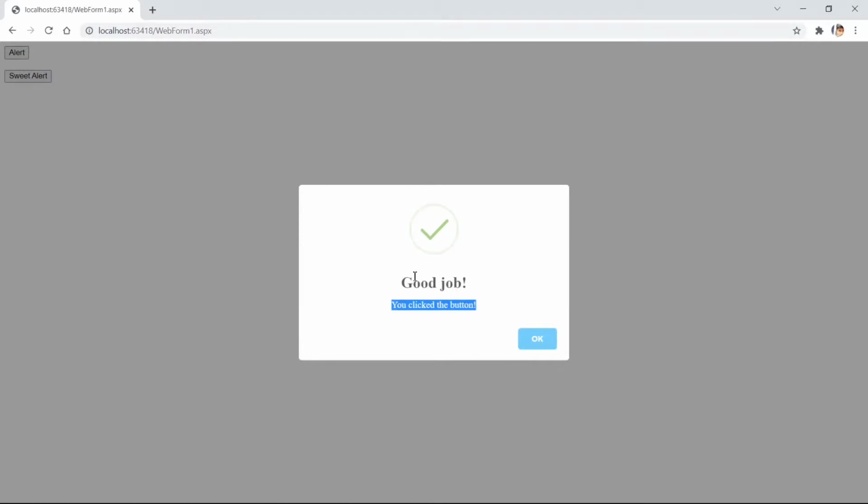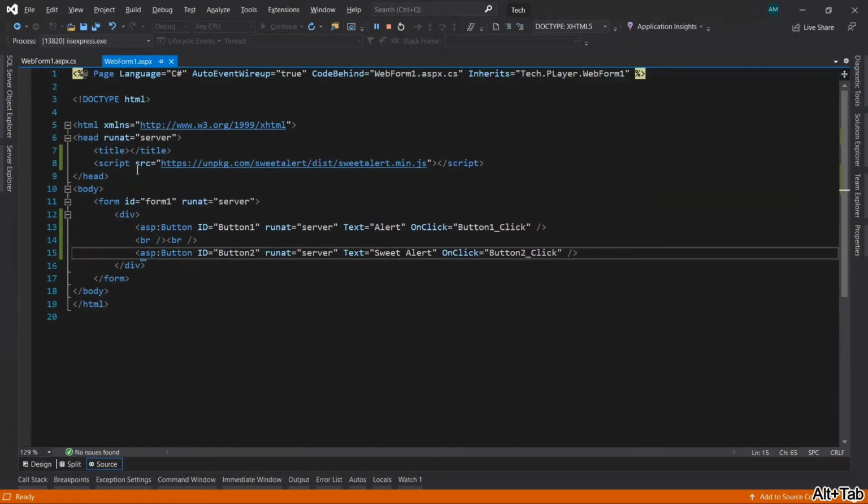Okay, so the first one, that is here, you can see the main title, then the text, that is the description message here, and the icon on the top, that is a tick mark or check mark inside the circle, okay. That is the icon part. So these three parameters it takes inside this swal function, that is the sweet alert function, okay. So it's for success. Like that we can add for all four. One we have done for success, the other three, that is error, warning and info, okay. So we can add there, okay.